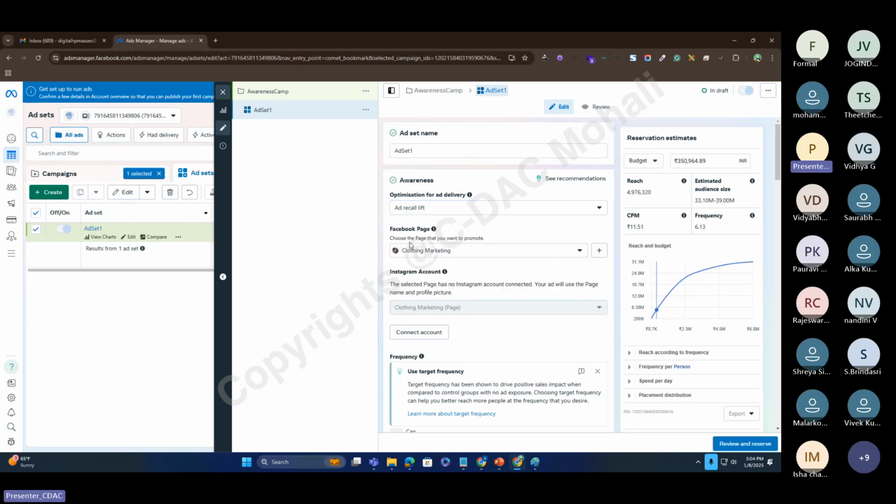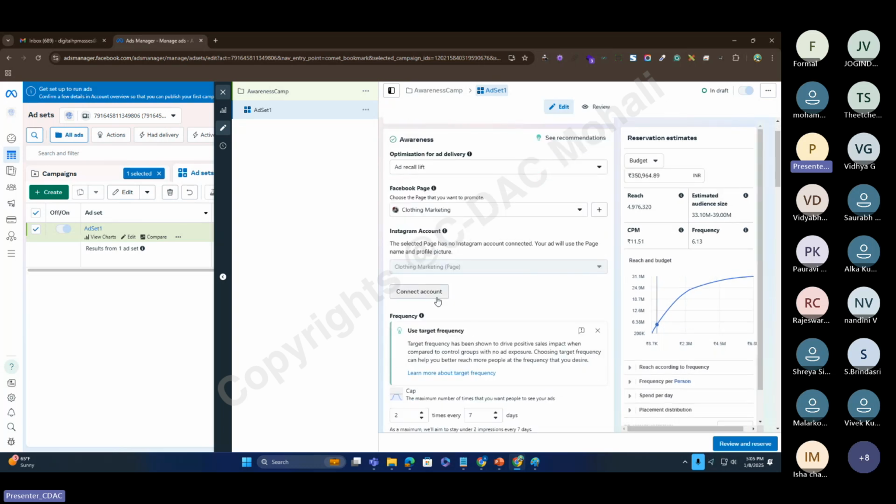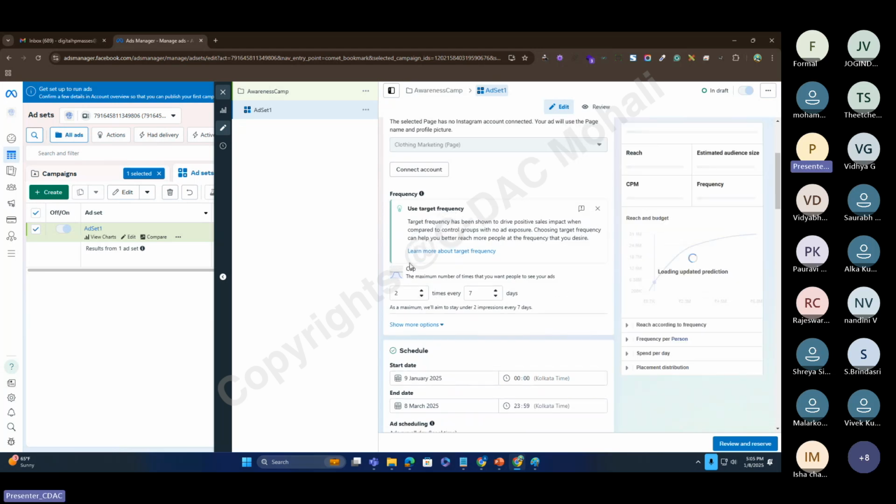And then Facebook is asking which page you are promoting or creating this ad for. Because we have three different pages in this profile, we have created three pages. So you can create an ad for any page you like. For example, if I want to create an ad for the clothing and marketing page, then I will simply select that page. And next is,